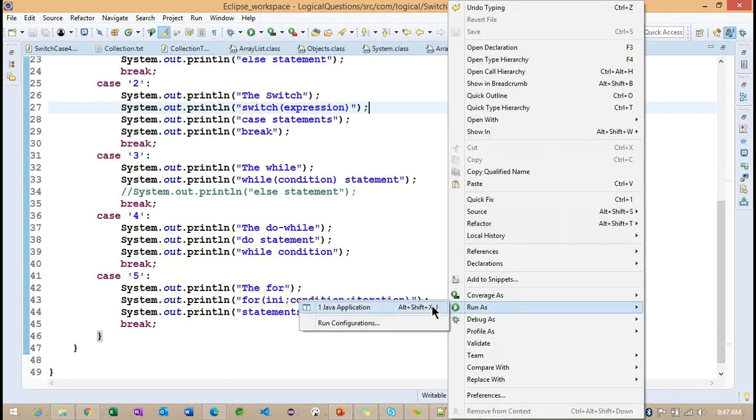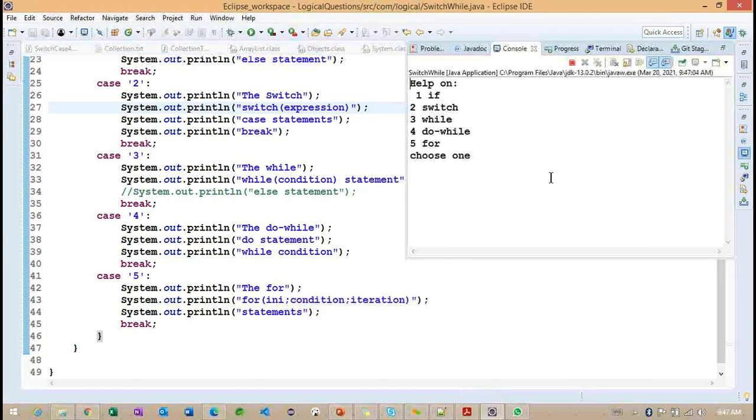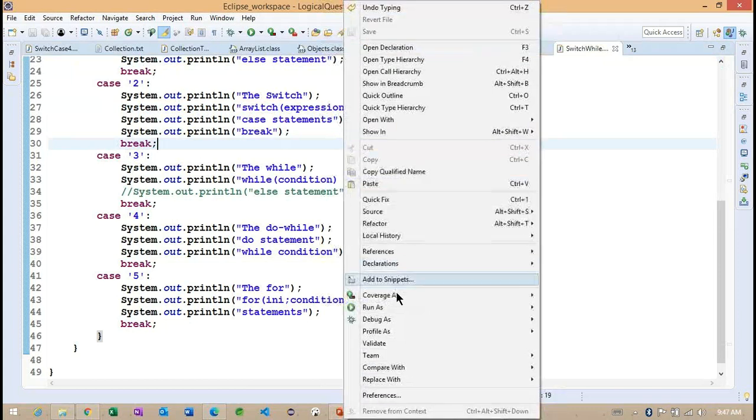Okay, let me run the same example one more time. What is the choice I'm taking here? Second. Observe here, what are we getting? Are we getting the switch case related information or not? Okay, the same example again I'm going to run.